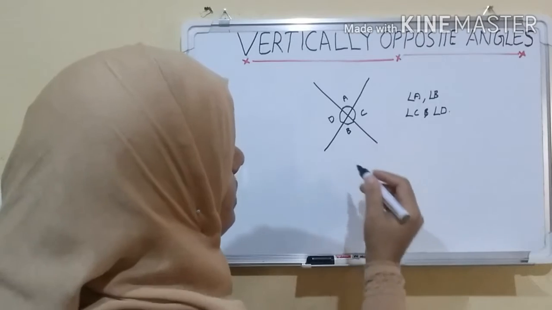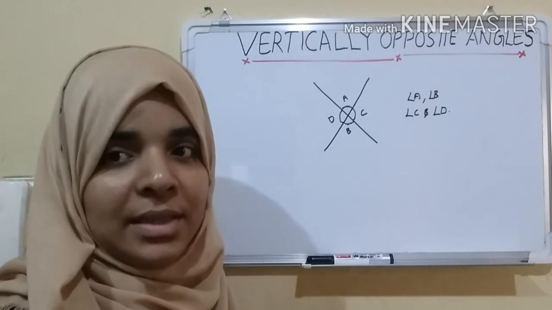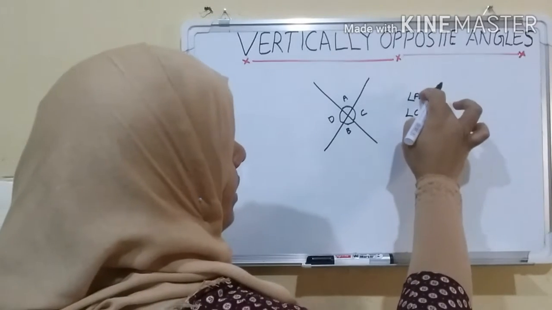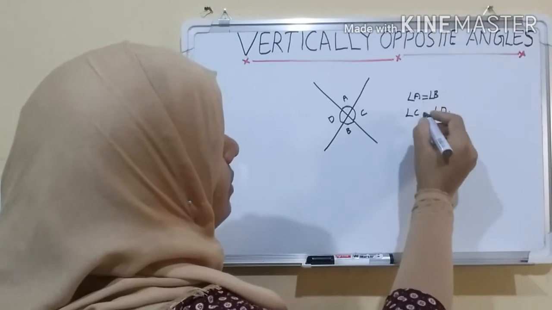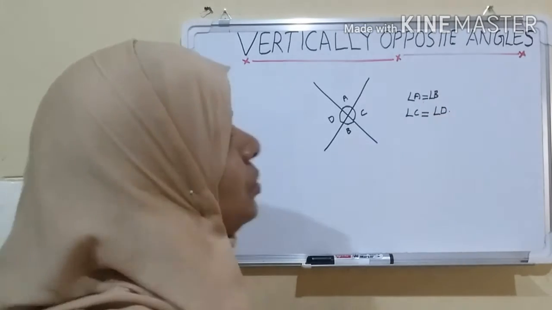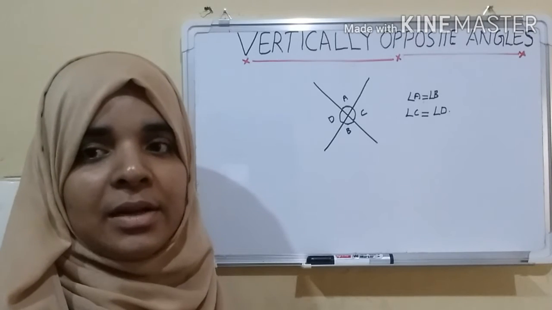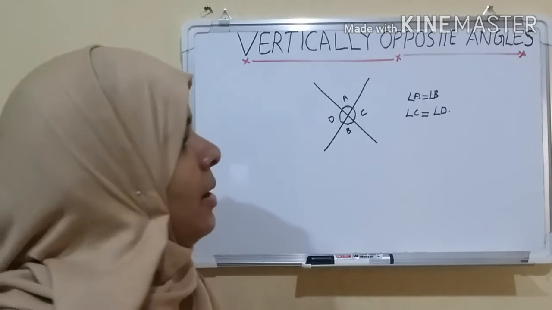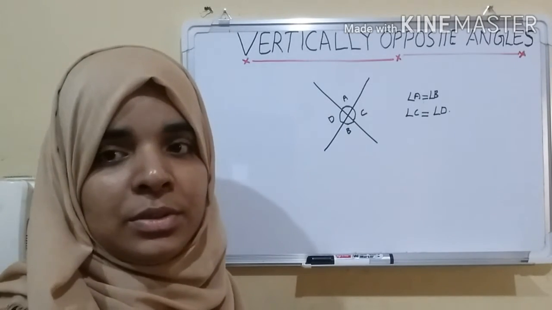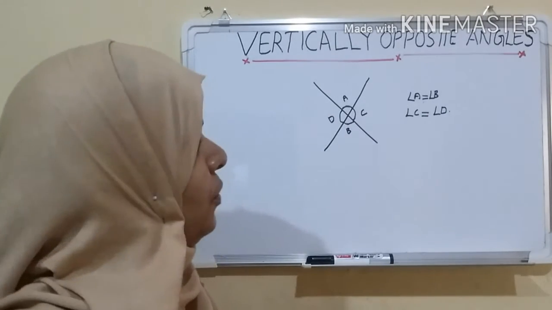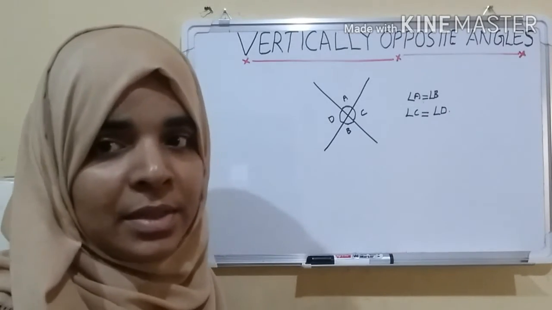Suppose also these two pairs of opposite angles are always equal. That is, angle A equal to angle B and angle C equal to angle D. The measures of that two pairs of opposite angles are always equal. Okay, but we can't say without any proof. In mathematics, we should say the proof. How to prove this angle A equal to angle B and angle C equal to angle D? Listen.